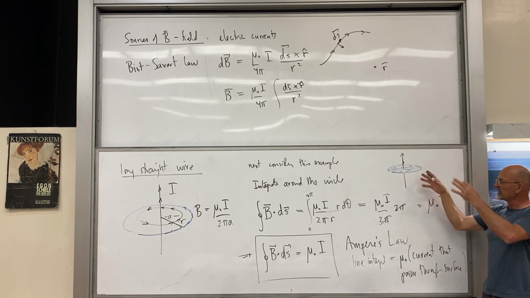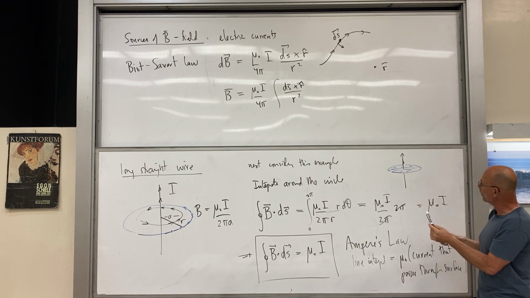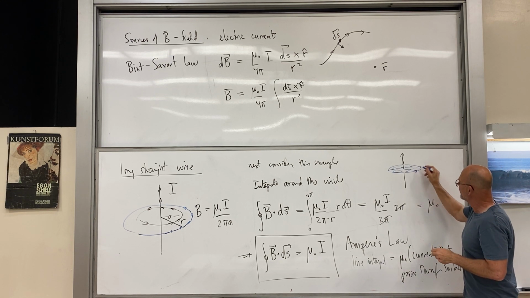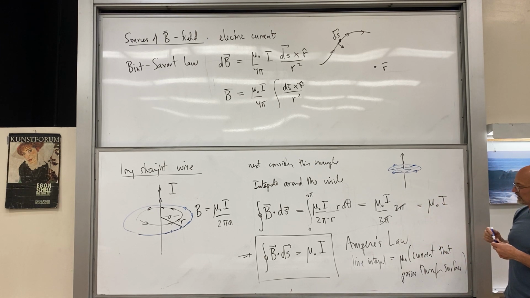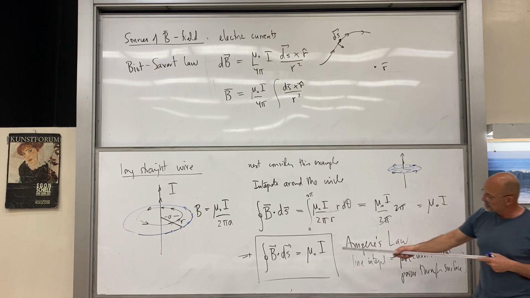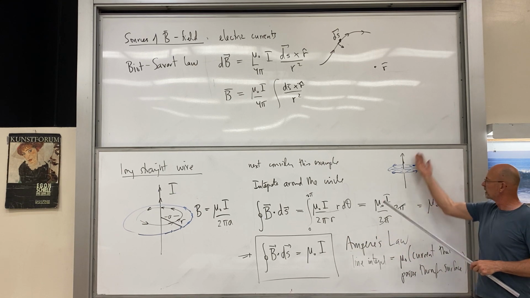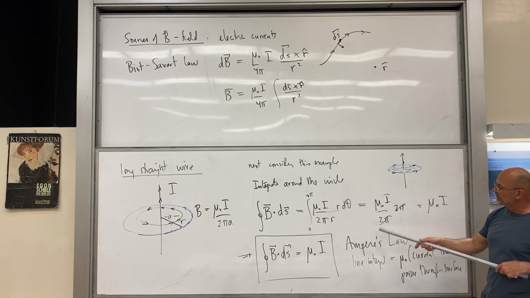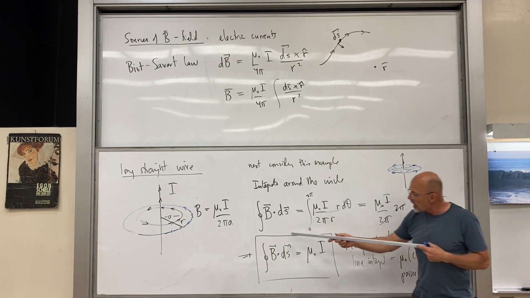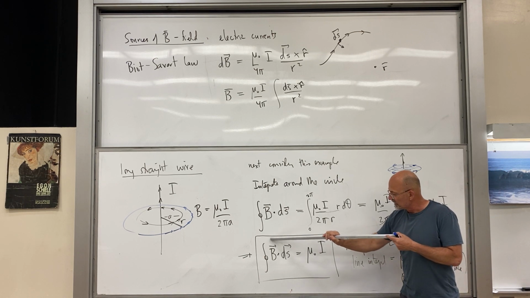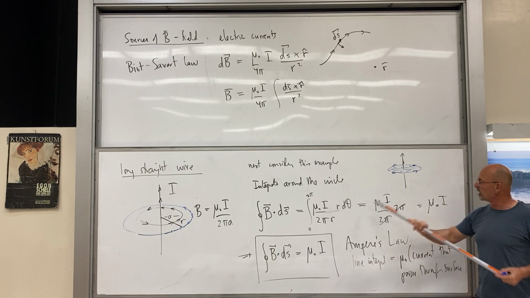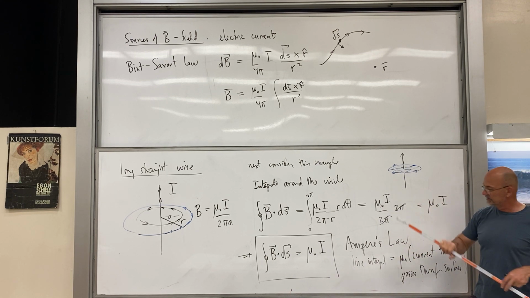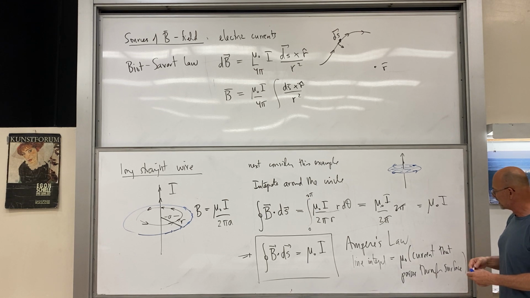Coming through the bottom, piercing that surface, and the line integral is around that surface there, and the current is going through the surface. So this would generalize. Suppose I had a more complicated situation, maybe half a dozen wires coming through here every which way. Much more complicated, but this law would still hold, right? The line integral around the outside, and it would be all of the currents piercing that surface. Okay, good. Important,